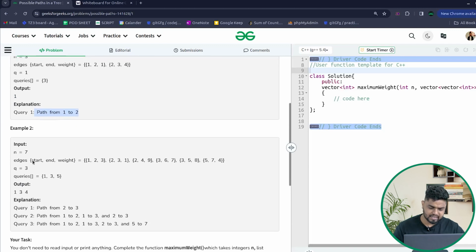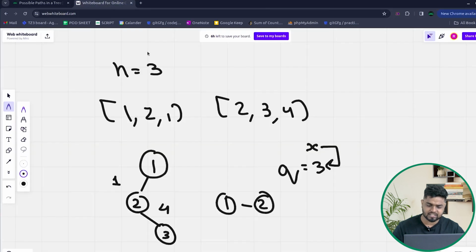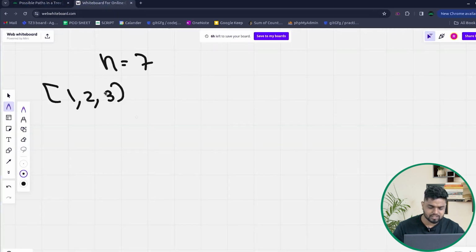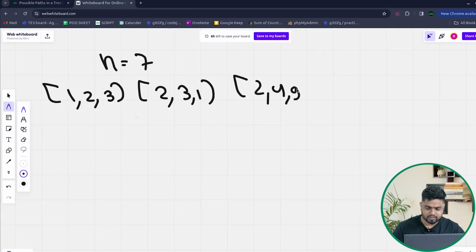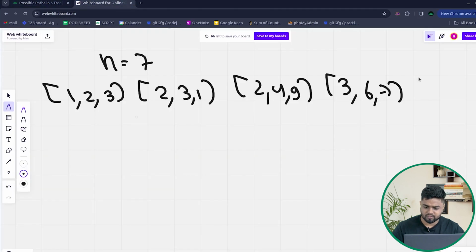Now after that, if you will see the next test case, so n value is 7 and the edge list has been given. So basically in edges you have been given a, b and the weight. So suppose that n value is 7 here, and we have been given the triplets as 1 comma 2 comma 3, and then after that we have been given 2 comma 3 comma 1. Then after that we have been given 2 comma 4 comma 9. Then after this we have been given 3 comma 6 comma 7. Okay, and then after this we have been given 3 comma 5 comma 8,